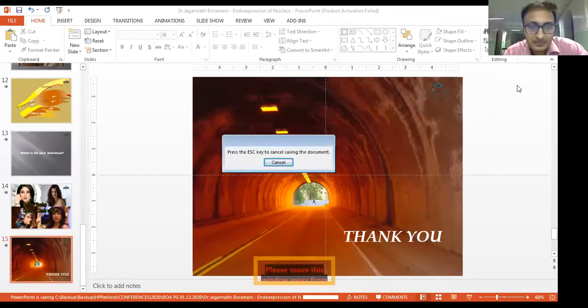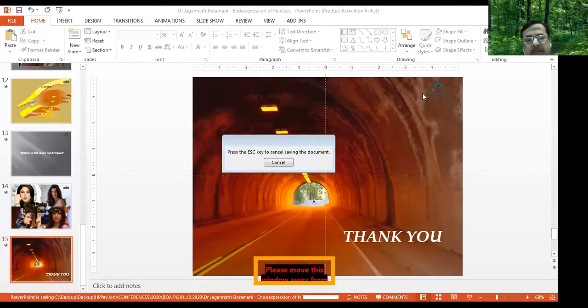It's getting saved. Saving the change, sir. You can just minimize. It is saying that minimization is not possible. It is saving now. I think you have to wait for half an hour, or maybe you can take one question. Okay. I am not able to minimize or go to Zoom also. Okay.